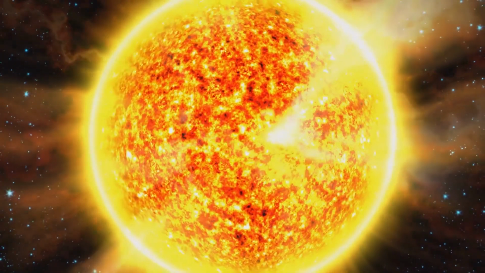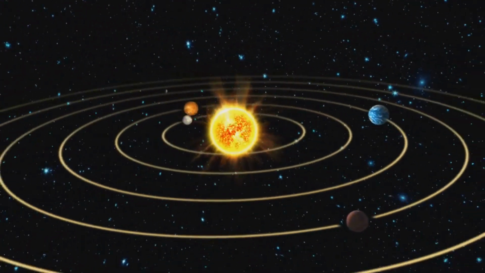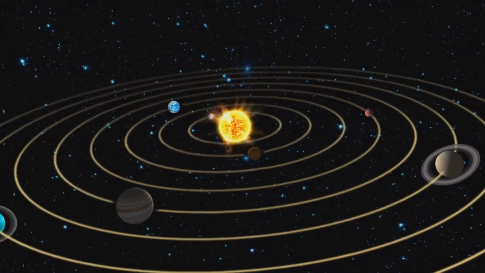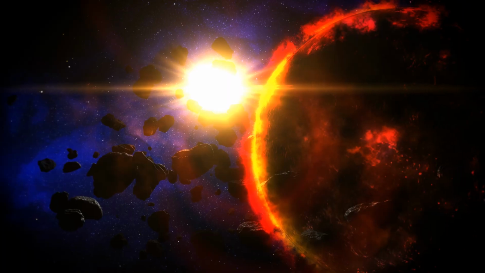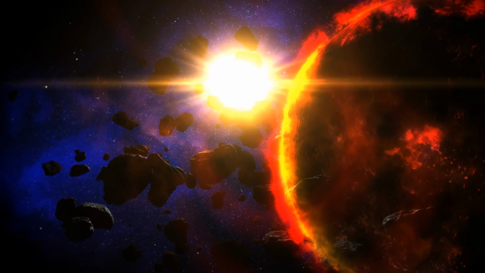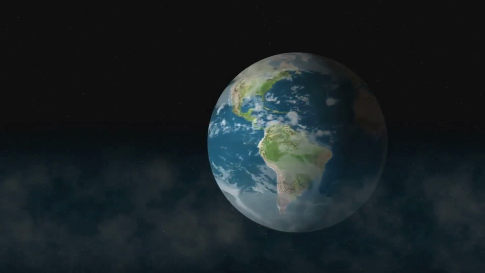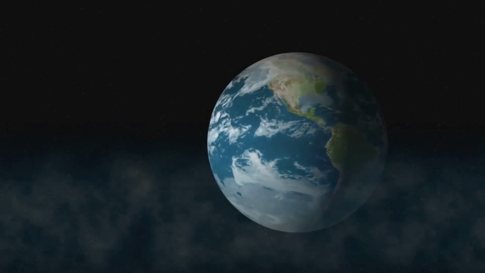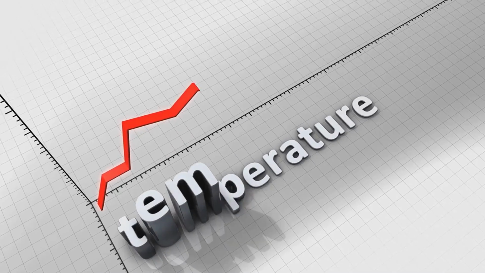When the orbit is more elliptical, the Earth receives less solar radiation at its farthest point from the Sun, known as aphelion, and conversely it receives more radiation at its closest point, known as perihelion. These variations in solar radiation influence Earth's climate. A more elliptical orbit can lead to colder periods during aphelion and warmer periods during perihelion. However, the overall effect of eccentricity on global average temperatures is relatively small.